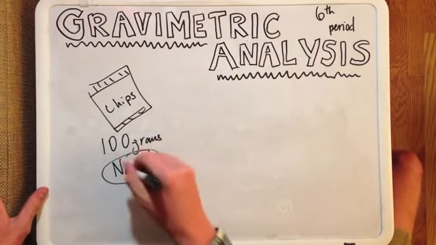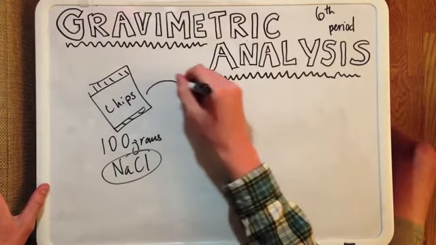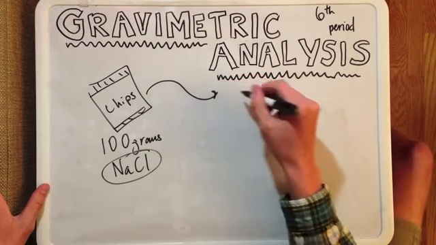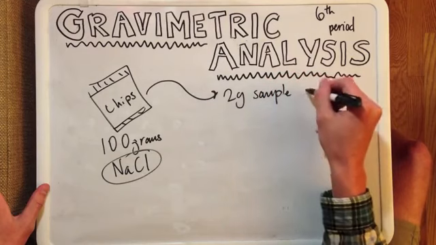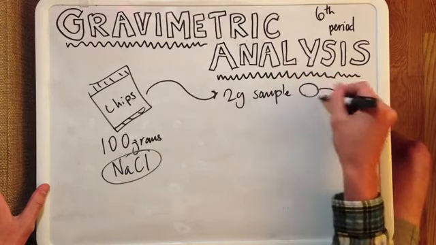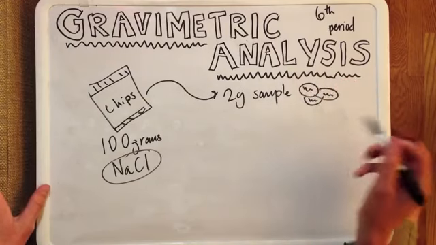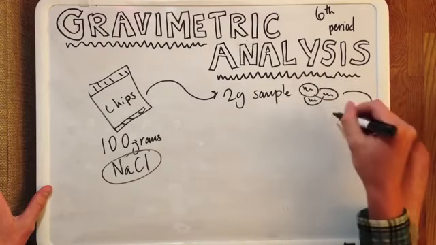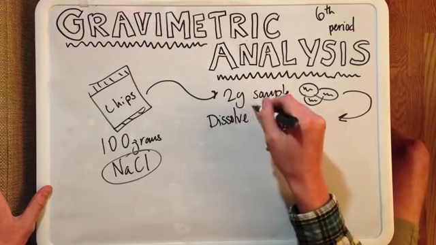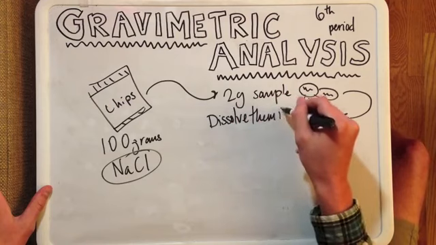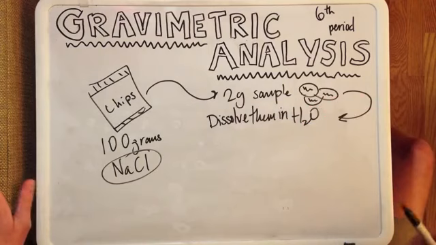NaCl. Now, gravimetric analysis will enable me to figure that out and answer my burning desire by taking this sample, dissolving it in water, which is a common method for gravimetric analysis, and then filtering that water and collecting the solids that are weighed. The formal definition for gravimetric analysis is a quantitative determination of an analyte based on the mass of